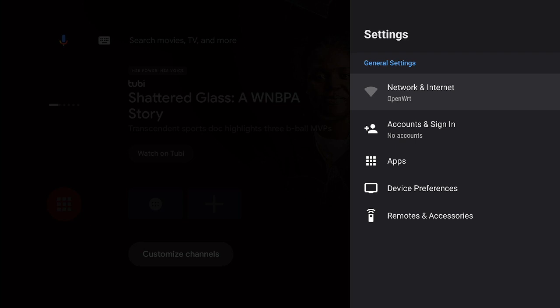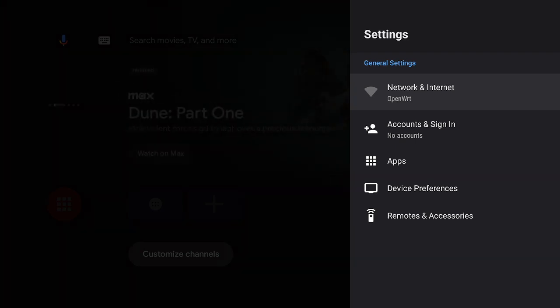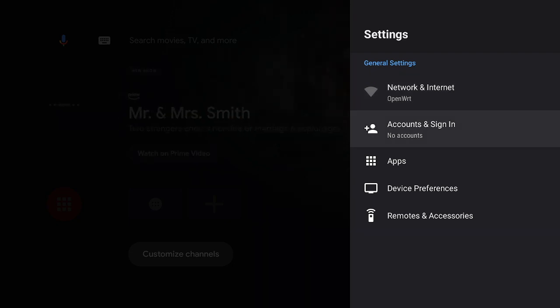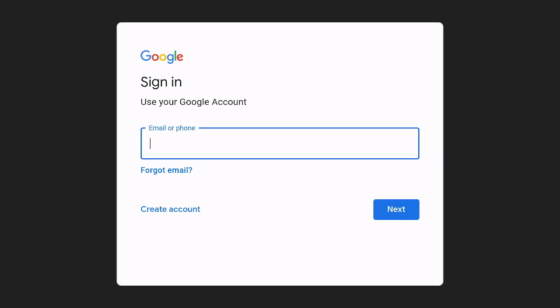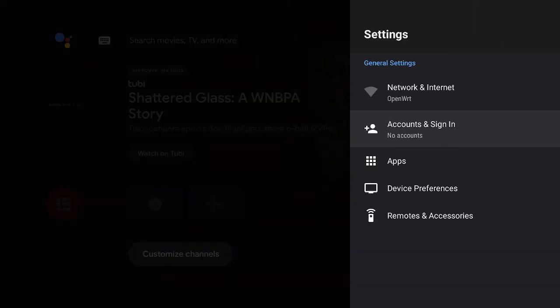When I initially started up, it just asked for your language, and then asked you to connect to a Wi-Fi connection, and I already set that up. Then in theory, you set up your accounts, mostly for Google, but there can be other accounts under this interface. Like I say, this is just for Google, and I'm not going to set up a Google account because I don't think I have to